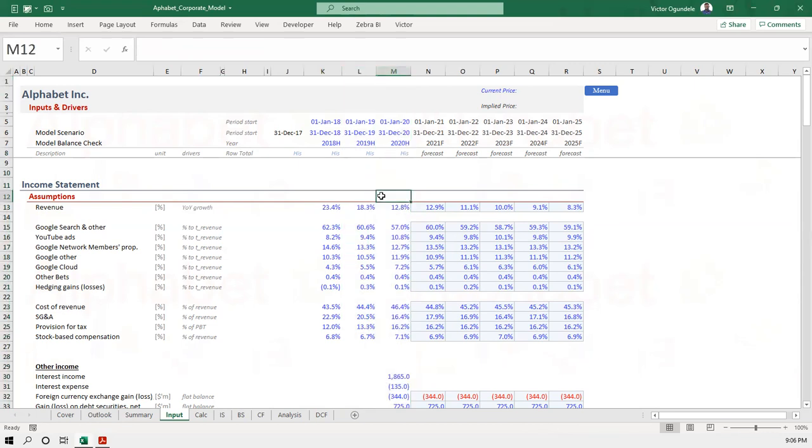The truth is, the past really does not depict what the future will hold. I'm quite sure in 2019, when most of us were doing a forecast, nobody expected what happened in 2020. But at least we're just trying to use a basis to be able to picture that. If it's a company that has a consistent growth, between this range, this range, you can use the average. But if you see, for example, this is 23.4, this is 18.3, this is 12.8, definitely using this average does not make sense, because it's going to give us something around 18.2. So what we usually do is this.